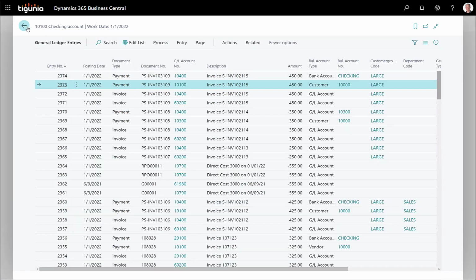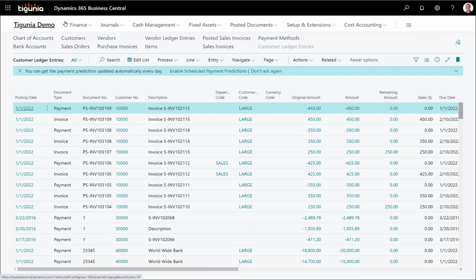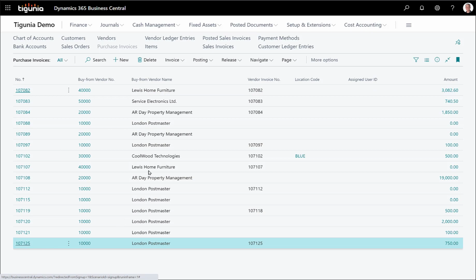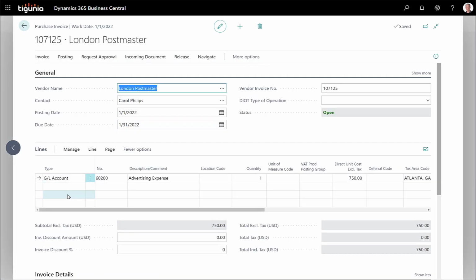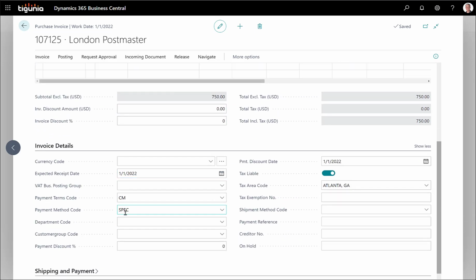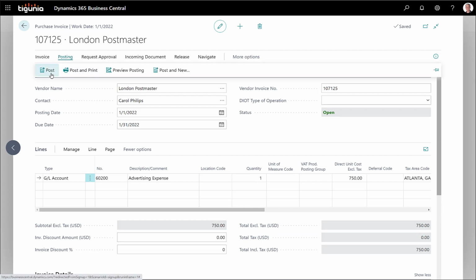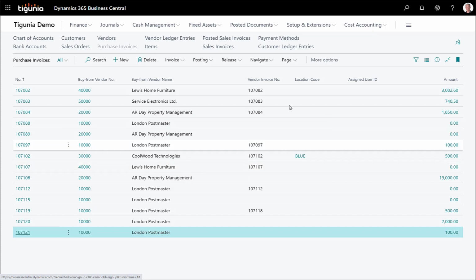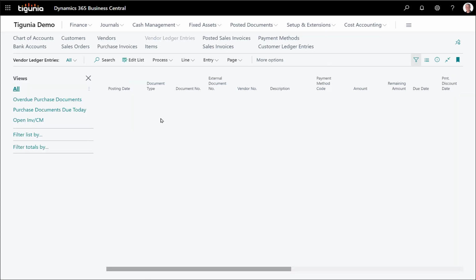This process also works. We've been using sales orders, but this process also works for purchase invoices, and so you can do that too. If we open up this last one here and take a look at that, for this purchase invoice, you'll see that it's posted to the same GL account, and on the invoice details, I'm also using that special code. So if I go ahead and post that transaction,